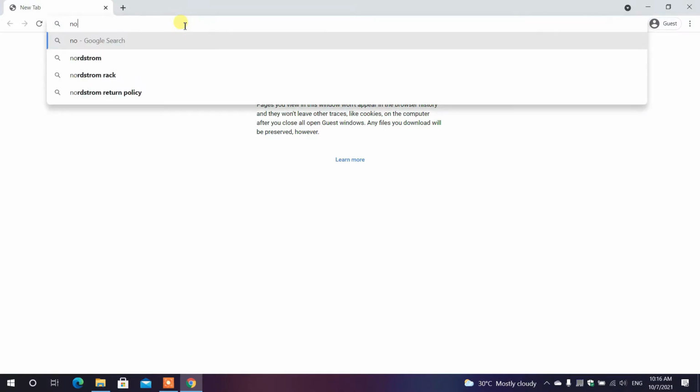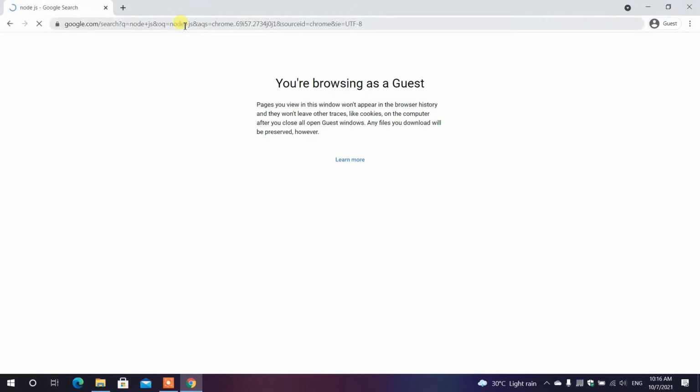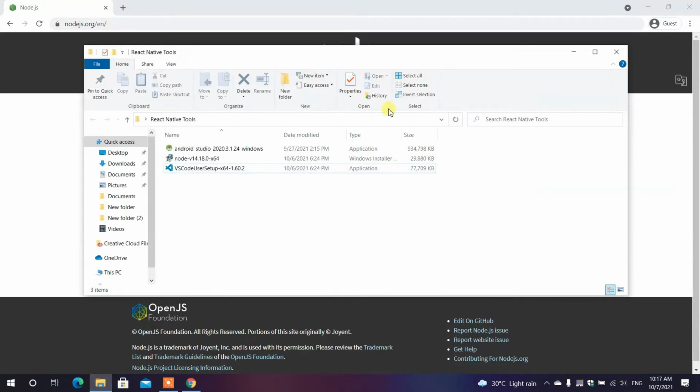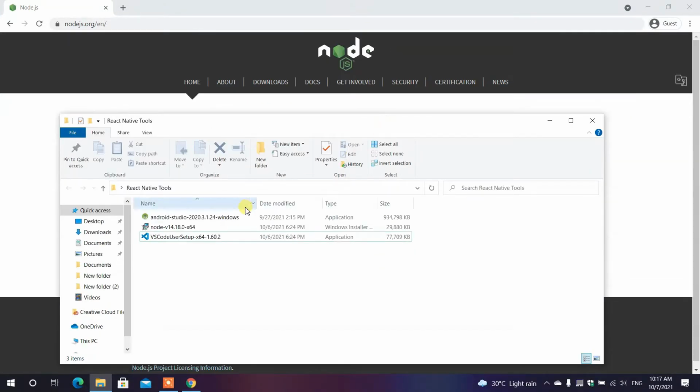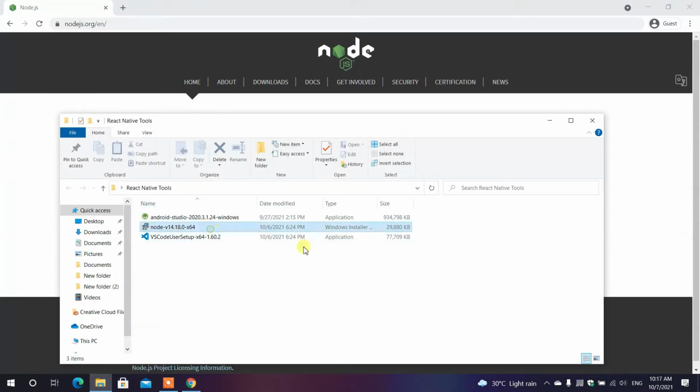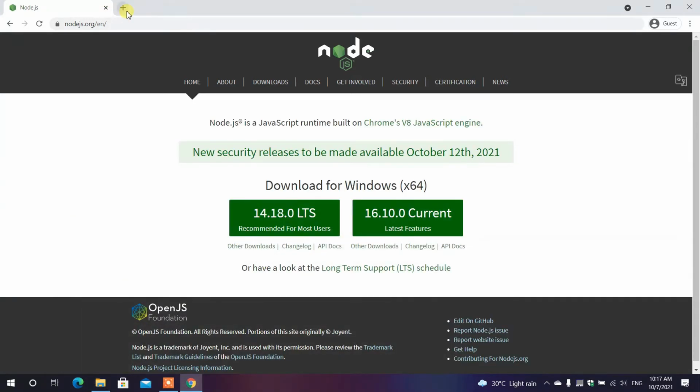Just type Node.js. So you can see here on the front page you have two versions, which is 14.18, which is the long-term support edition, and also the updated new version, version 16. I just go with long-term support, which has fewer bugs. That's the only reason. If you wish, you can go with the latest edition as well. You can simply download this and install. There are no issues in it. Simply a basic installer. Second thing,